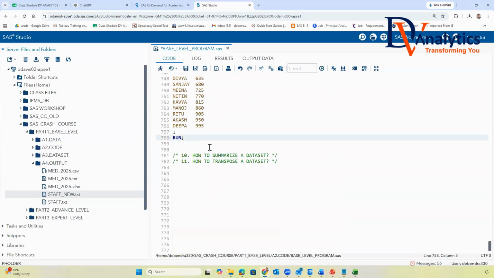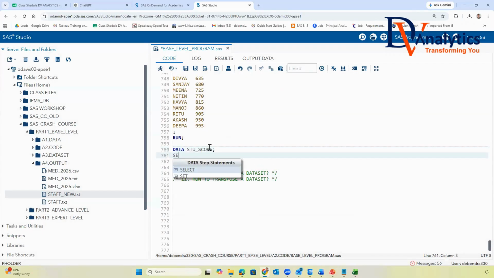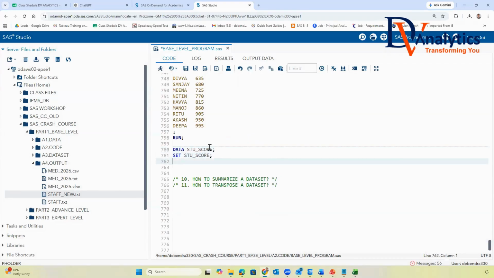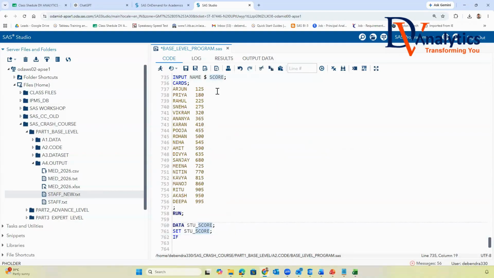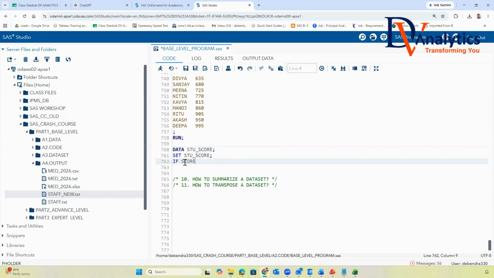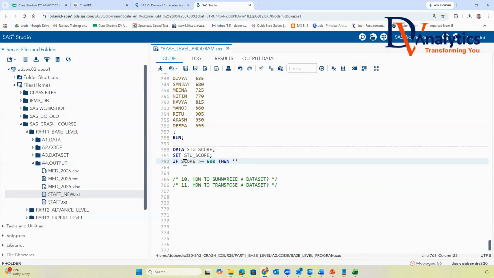What do you want to do here? I want to create a program like this. Data student_score, set student_score. If the score is greater or equal to 600, then the division is equal to first division.